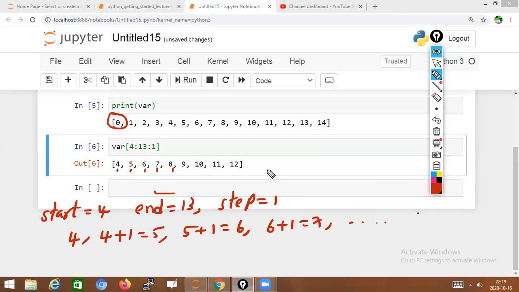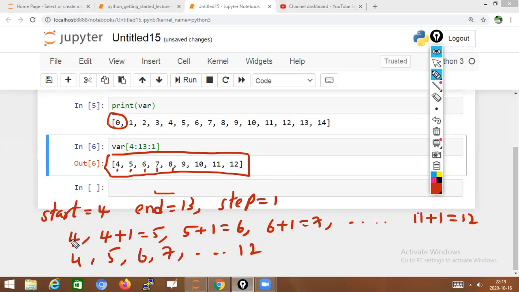Like that, at the end, 11 plus 1 with the step value gives 12. It will stop at the end value 13, which means it will stop at 12. So the values are 4, 5, 6, 7, up to 12. That is the output you got here.